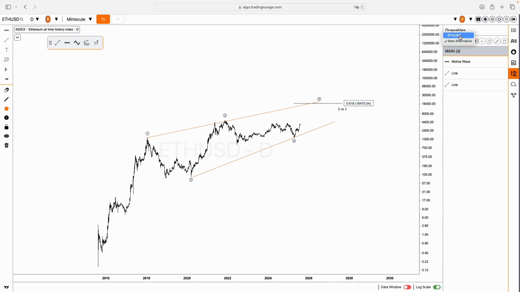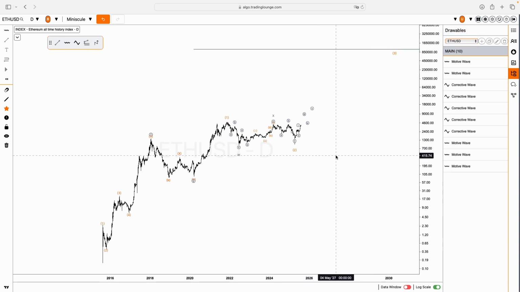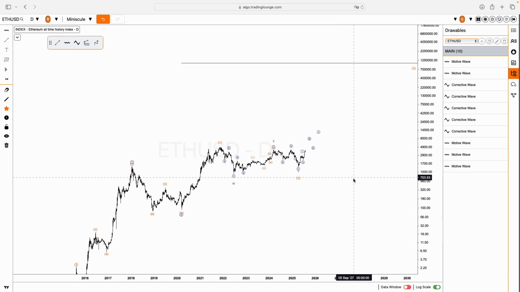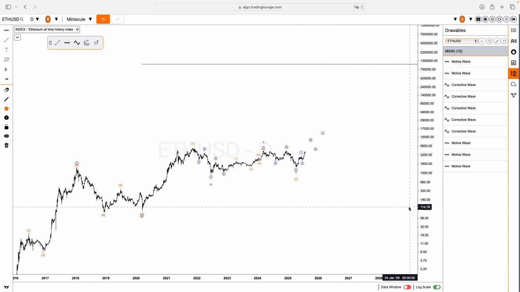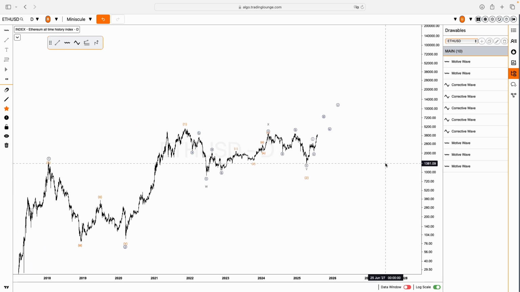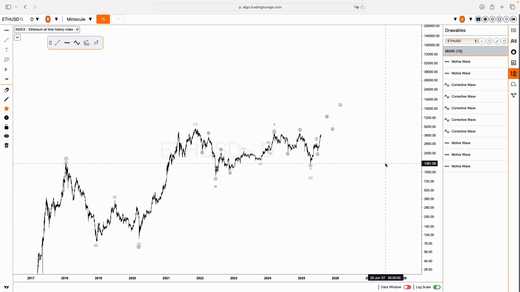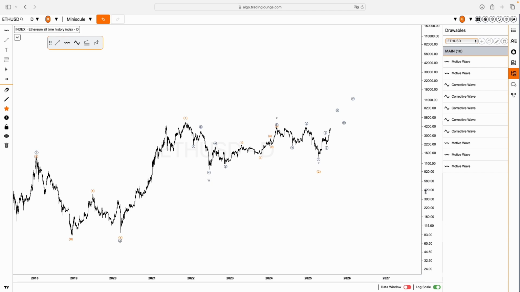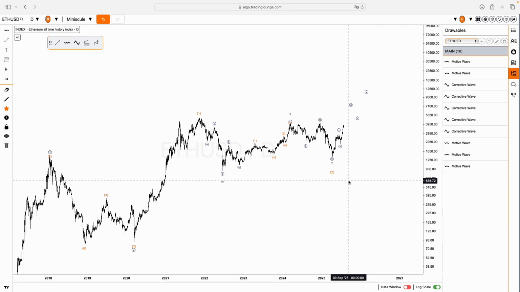Now, the alternative count, much more bullish, because you get to 1 million with this count. You may say it's highly unlikely. I will say yes, it could be unlikely. But also many times there's this thing that the more unlikely it seems, the actually more possible it is, which is counterintuitive. But if you think about the Nasdaq,